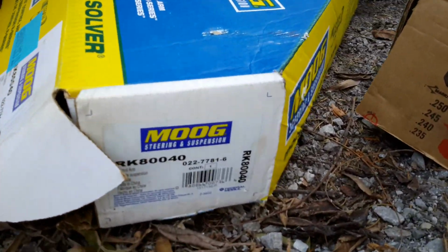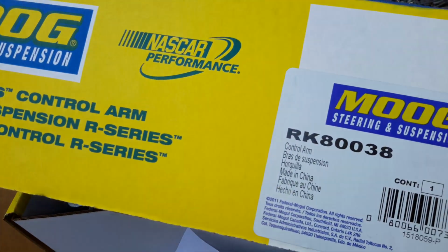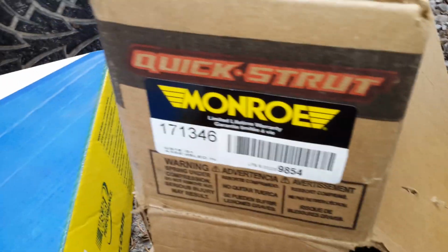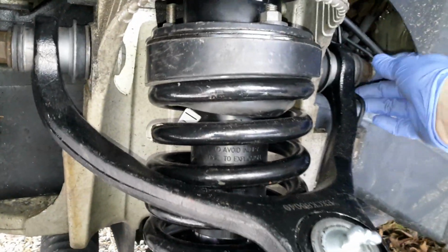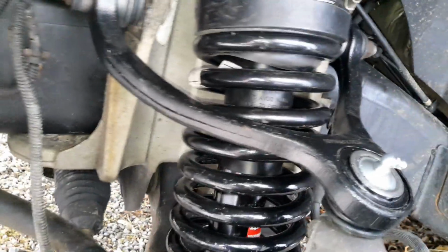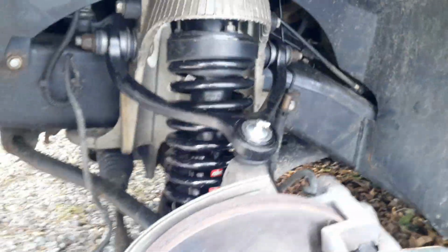I should also mention I'm putting on new Moog upper control arms. There's part numbers if you want them. And the Monroe quick struts. So the driver's side is done. I just need to torque the upper control arm nuts, and I guess that's about it. I waited until I got through it to make this video in case I ran into something. But anyway,